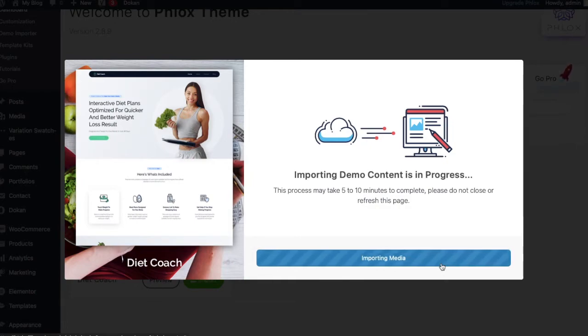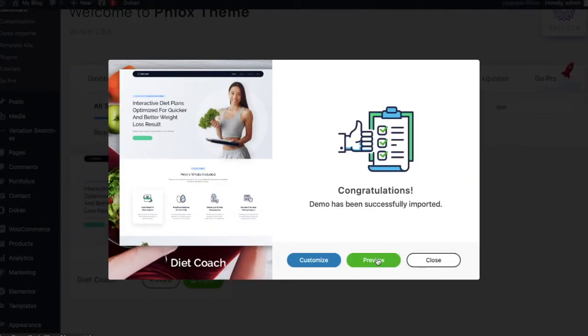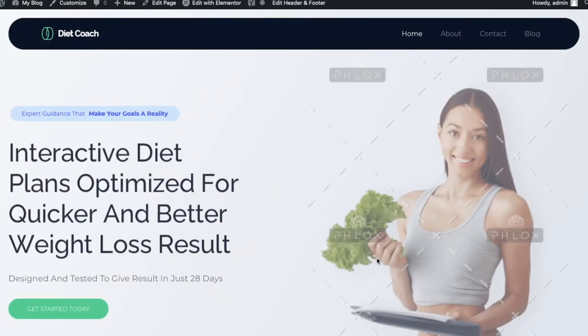You can also skip this part of the video. I am just showing you this part for educational purposes. So okay, it is done. Now let me preview. Okay, it's loading. Just a second. Yes, it's loaded. Now you can see. Okay, so elements are loading. Still loading. Okay, fine. So it has been loaded now.